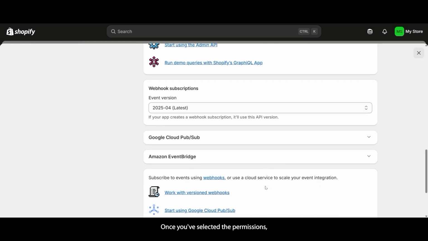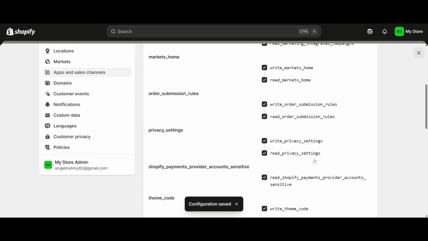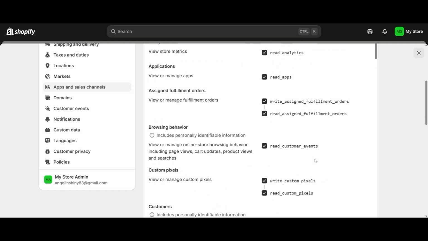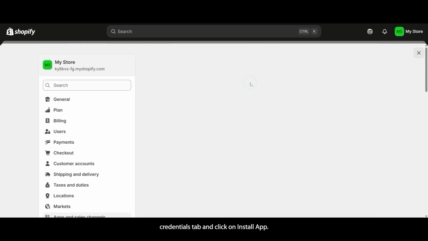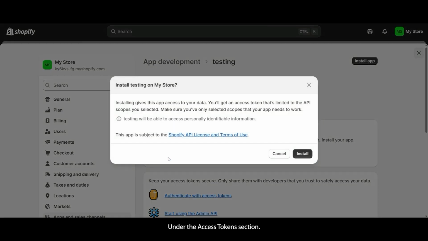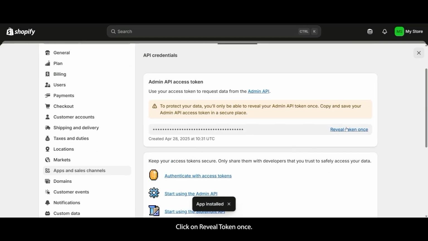Once you've selected the permissions, click Save. Now, head over to the API Credentials tab and click on Install App under the Access Tokens section. After that, click Install, and your access token will be generated. To view your token, click on Reveal Token once. Just like with the WooCommerce credentials, copy and save this token in a secure place because you won't be able